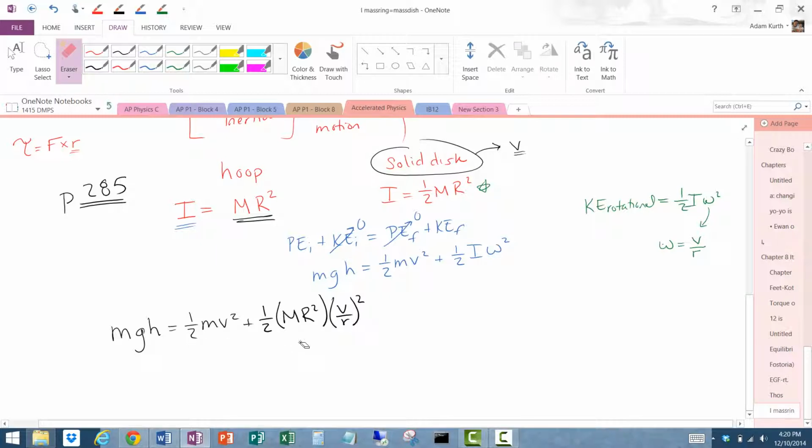Okay, so that's what I've got, and now I'm going to try and figure out what the velocity is. I want to cancel stuff first because it's ugly. Let me get rid of these m's. M doesn't matter. Did you know that? It cancels out. Look at that. So I've got GH on the left-hand side is equal to 1/2 v squared plus 1/2